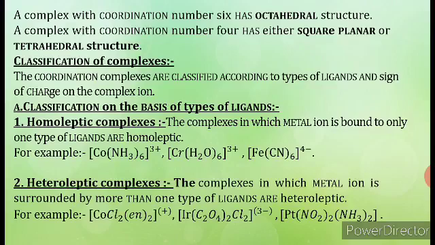So here also two types of ligands are present, ammonia molecule as well as nitrite ion. That's why it is also a heteroleptic complex. If more than one type of ligand is attached to the central metal atom or ion through coordinate covalent bonds, or more than one type of ligand is present inside the coordination sphere, then they are known as heteroleptic complexes. And if only one type of ligand is present inside the coordination sphere, attached to the central metal atom or ion through coordinate covalent bonds, then they are homoleptic complexes.